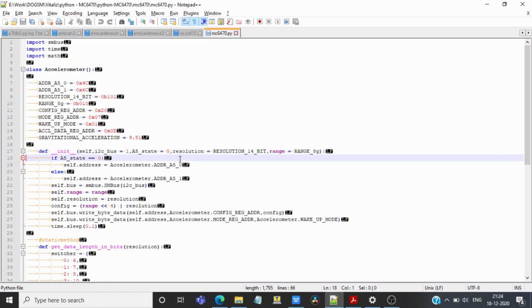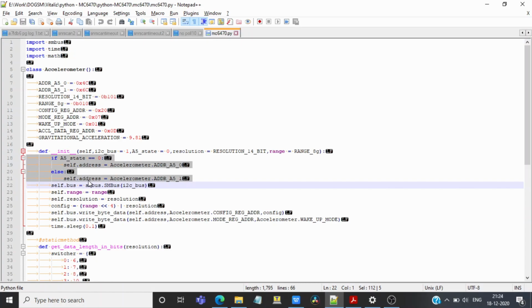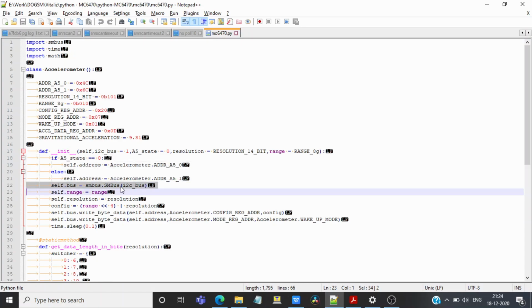Now, based on the logic level at the A5 pin, the I2C address of MC6470 can be selected. Here I have instantiated the SMBus class. Now we will have to write the config register of the MC6470 IC with the values of range and resolution that are passed to this constructor.